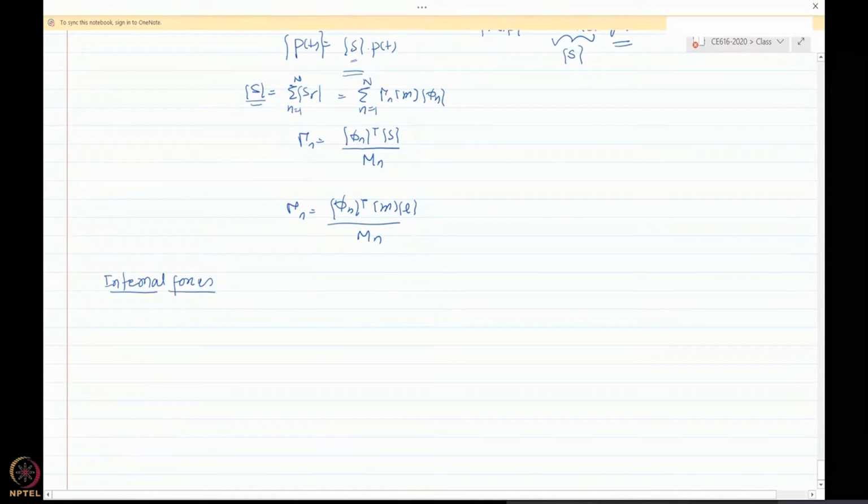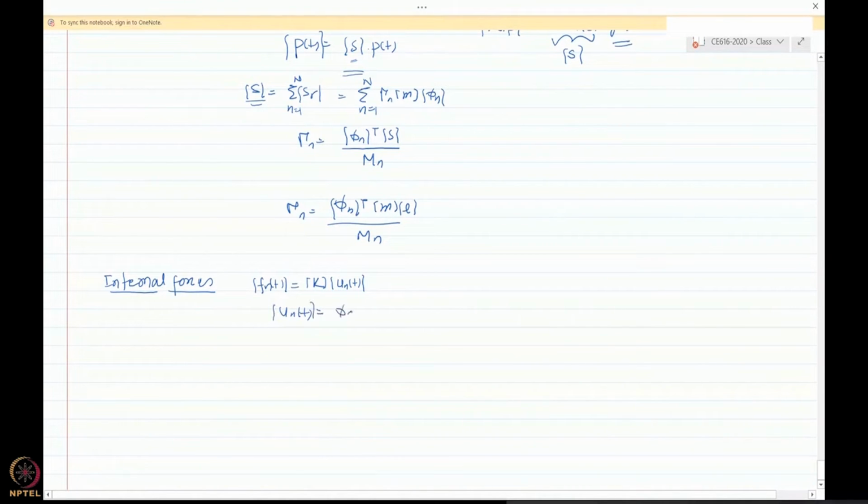The first procedure is finding out unt, which is the contribution of nth mode to the total displacement response, directly utilizing this expression here. Okay, so if you have unt available after you have found out your qnt,